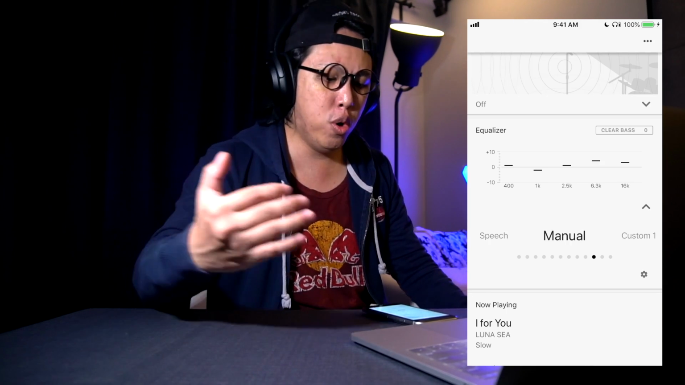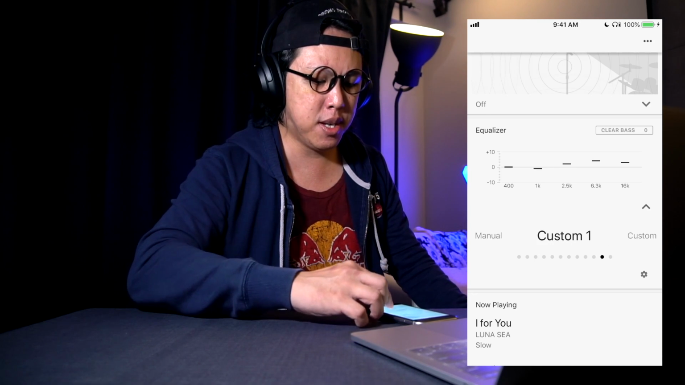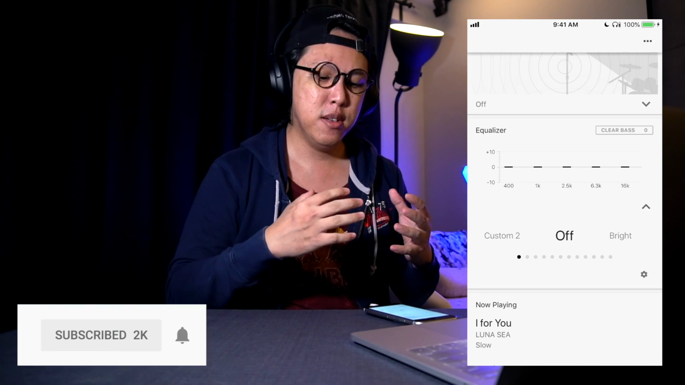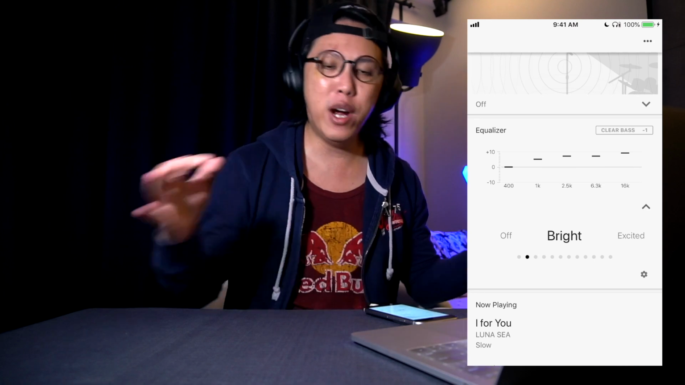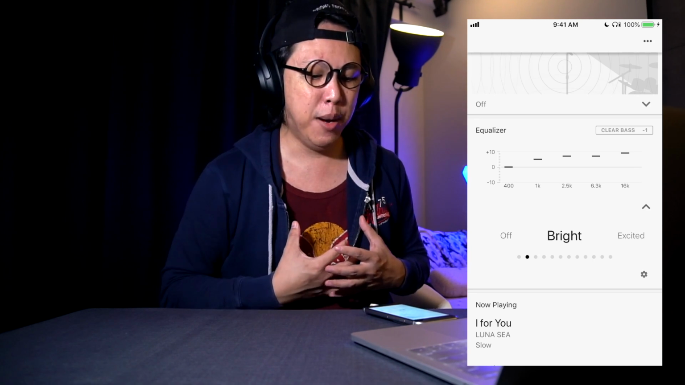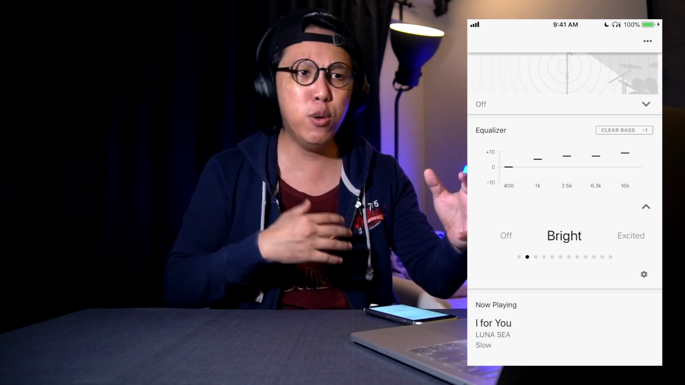Manual, of course, you set your own custom EQ, but we'll go into that later. Same thing with custom 1 and custom 2. Okay, off. Now, personally, I feel that the off EQ, as in flat EQ, and bright EQ presets are good for me, as in I like them. I prefer these two EQ,